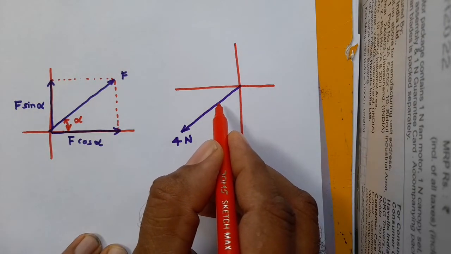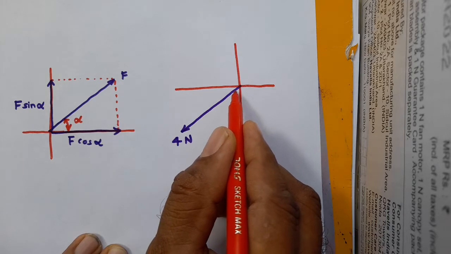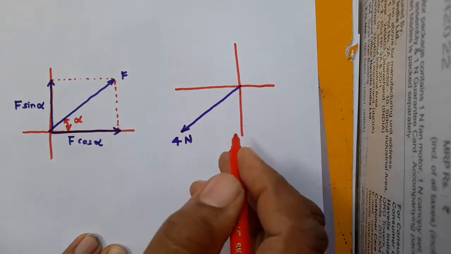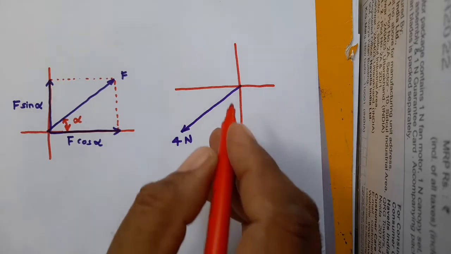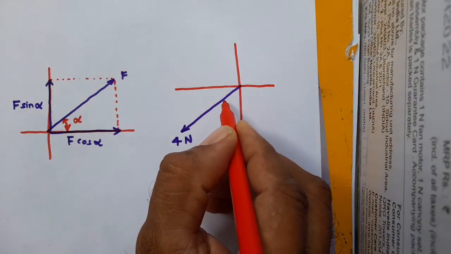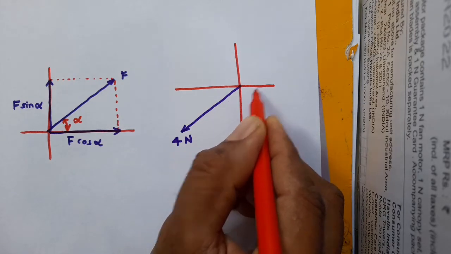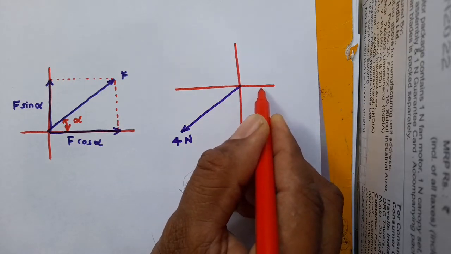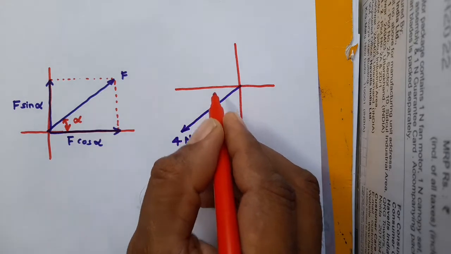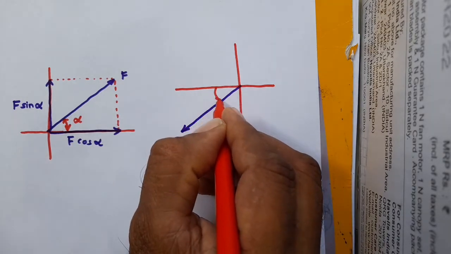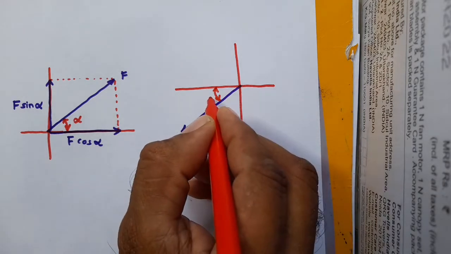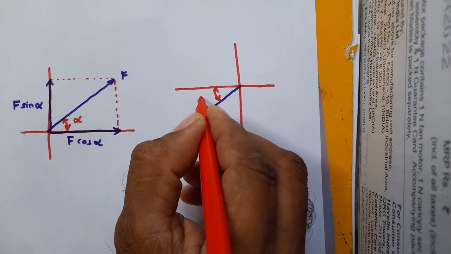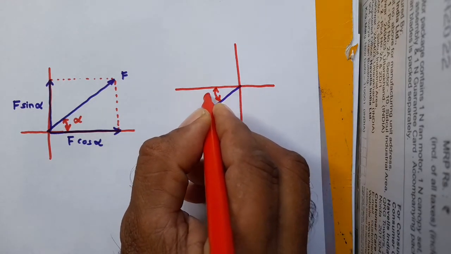Ask yourself what angle this force makes with the horizontal. If it is obtuse, don't take it. If it is acute, consider it. Say there are two angles. This is one of the angles from here to here, which is obtuse. We don't need it. But from here to here, this angle is acute. You require it. Fine. So if this angle happens to be say theta,